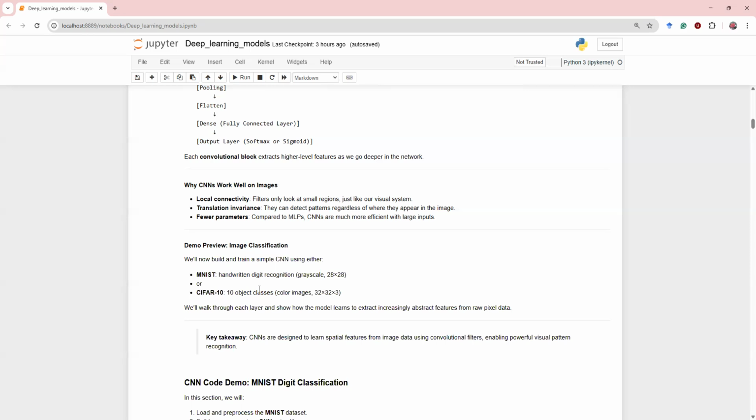What does it actually learn? One of the most fascinating parts is that we can actually visualize what each filter is learning. The early layers might learn to detect simple edges or textures. The middle layers start combining features into parts like circles or corners. And deep layers combine those parts into objects like faces and digits. So CNNs build a